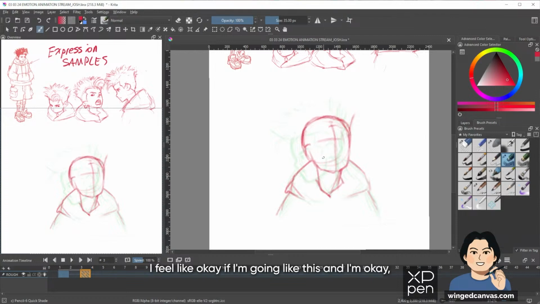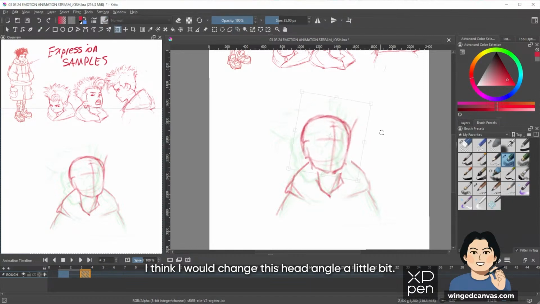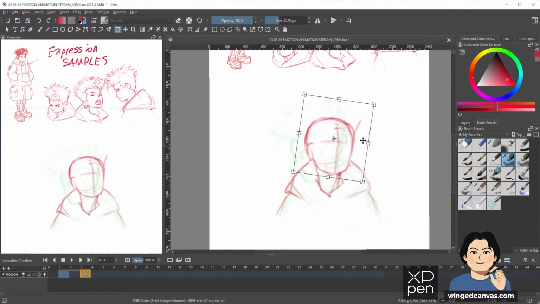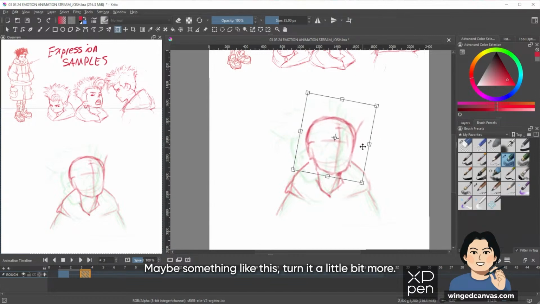I feel like, okay, if I'm going like this, I feel like I should turn the head a bit more. So this is why we use reference, guys, because I think I would change this head angle a little bit. Maybe something like this.